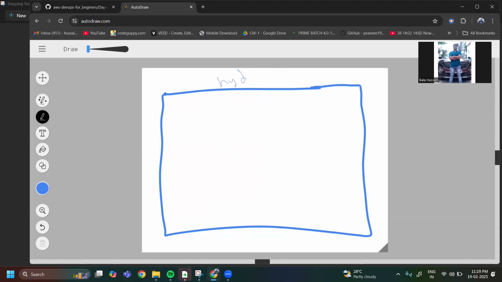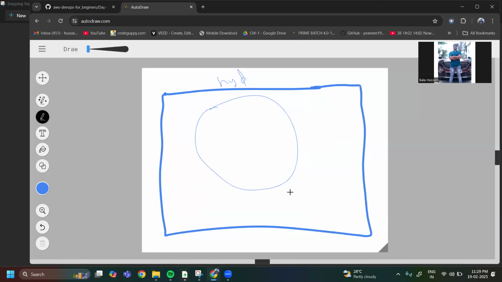So inside the region, I want to create the VPC here in the physical server. How can we create the VPC, and what parameters do we need to use?